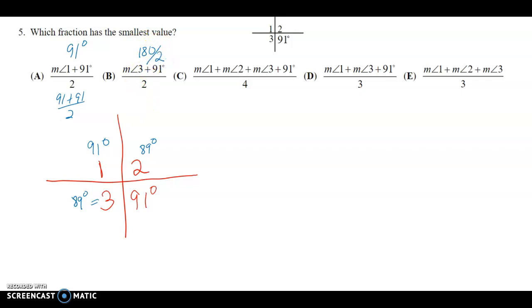If I add up all the angles, I don't really have to add them up. I know that that's 360 degrees going all the way around. So that's 90. So these two are tied, so I have a feeling that there's only one answer, so that can't be it. Now measure of angle 1 and measure of angle 3 are 180. So I have 180 plus 91 over 3. Measure of angle 1 plus measure of angle 2 is 180